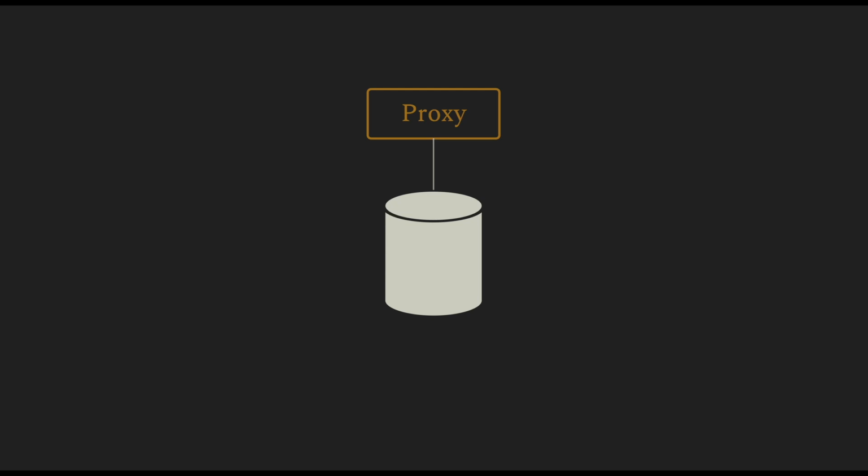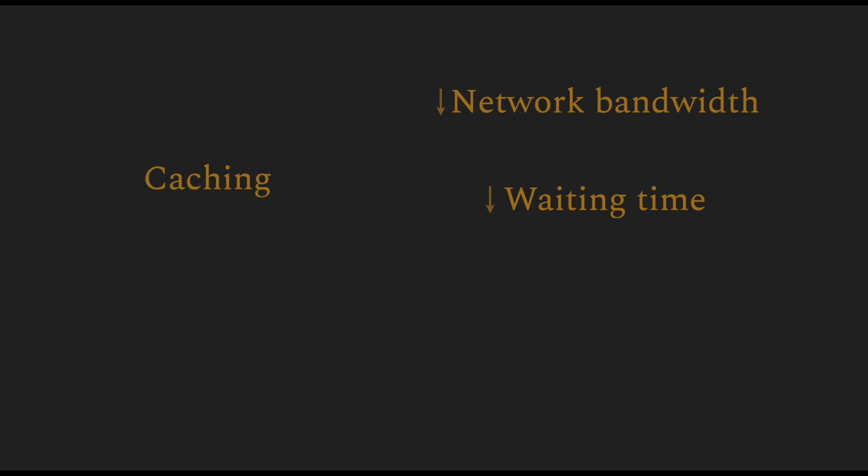This mechanism of storing data for immediate or temporary use is called caching, and in this video we're going to look at caching of HTTP data, and particularly using proxies. This process is also called shared caching. Now, caching has a few advantages. It reduces the network bandwidth, it reduces the waiting time because you don't have to make all those round trips, and it reduces the load on the server because the server is not contacted as many times.